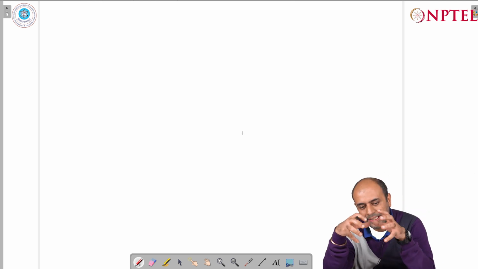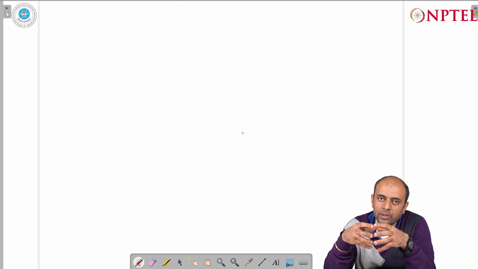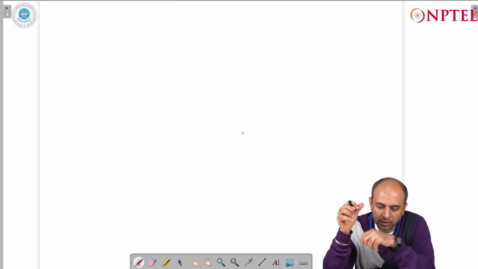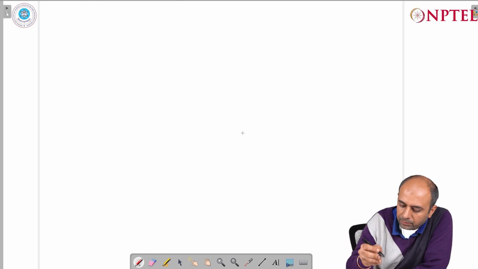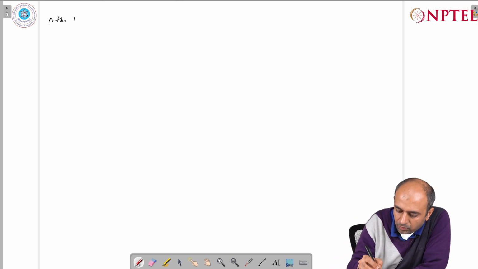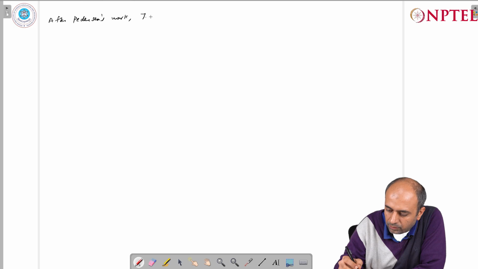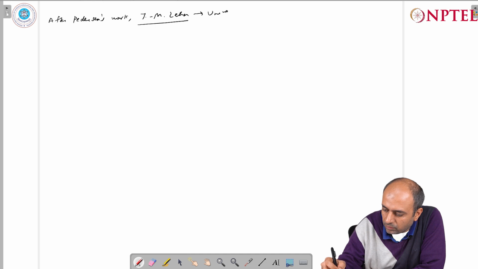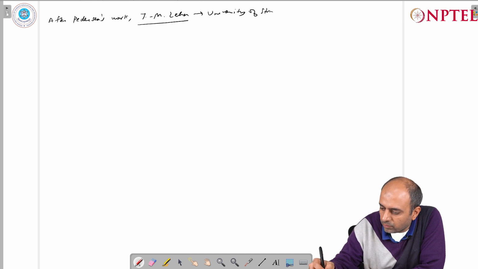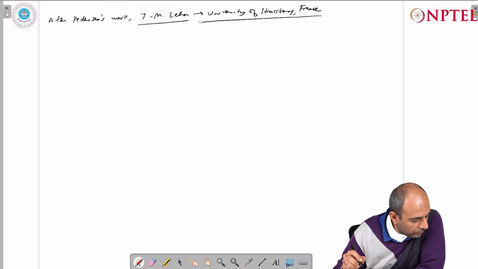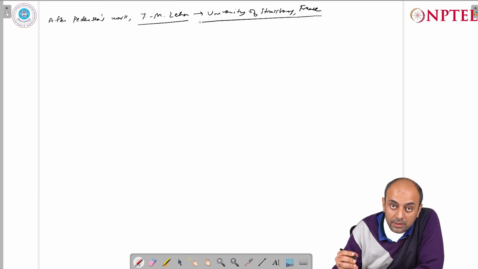Now once it was realized that a cyclic arrangement actually provides stability and encapsulates cations very efficiently, the next thing was whether we could make more rigidified host and even enhance further the binding constant associated with host guest processes. So in this regard, after Pedersen's work, there was a French scientist called Jean-Marie Lehn, who was there at the University of Strasbourg in France, and he wanted to now synthesize and design